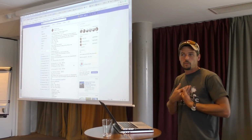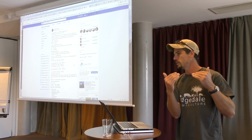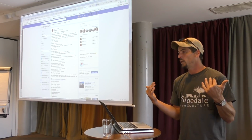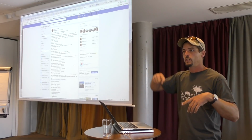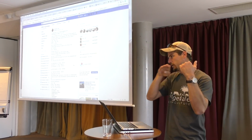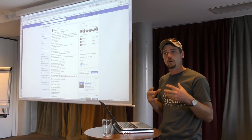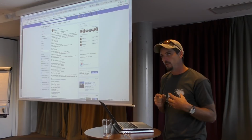Our model when we did CSA was that you always get at least the value plus a couple of euros more. Now we set the price, so the value is according to what we set. But we're aiming to give people what they pay for all the time, and not give them this big peak in the middle of the year when you have loads of everything, because then they get a false sense that next month it's going to be like this too. It's much better to manage it evenly, so that their expectations are managed. So this model, we always did this from the beginning, and Johanna put a lot of time into customer relations, and she's a sort of lovely person who...